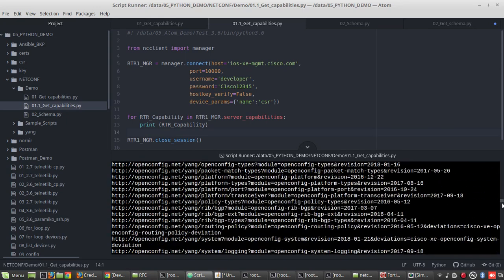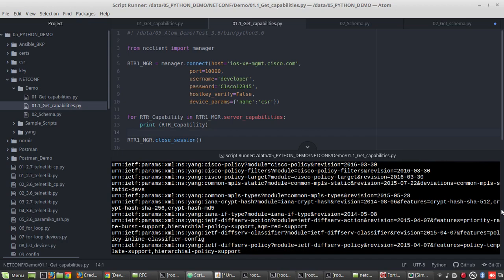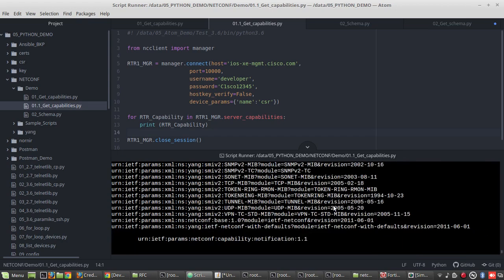So you'll be able to use this also for playing around with NETCONF features, but still don't delete any configuration which you haven't added, because many people will be using it. In the next video we'll see how to get a configuration from a device, and after that we'll see how to filter it, how to push configuration, etc.